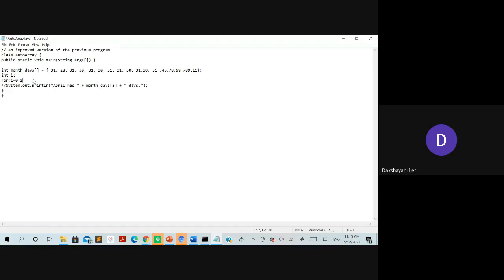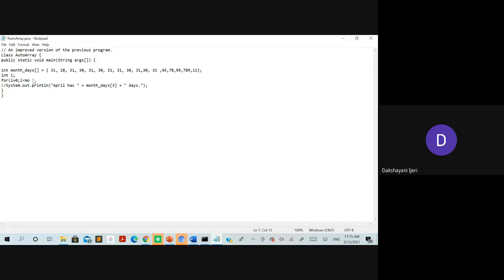Since I am taking static elements, you are able to count the number of elements here. What if you don't have static elements? Instead, if you have created a dynamic array where you are not sure about the number of elements in the array, in that case you can go for one more function known as the length of the array.